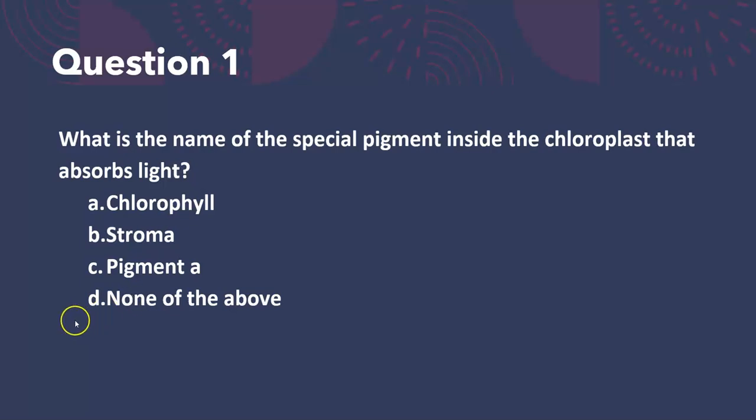All right, so in the last few seconds, we've got a question here, and see if you can answer this question. What is the name of the special pigment inside the chloroplast that absorbs light? It is going to be chlorophyll, right? Chlorophyll is our pigment from the light